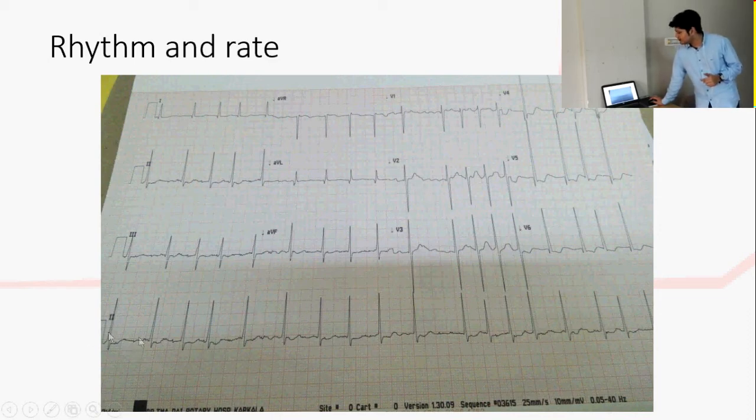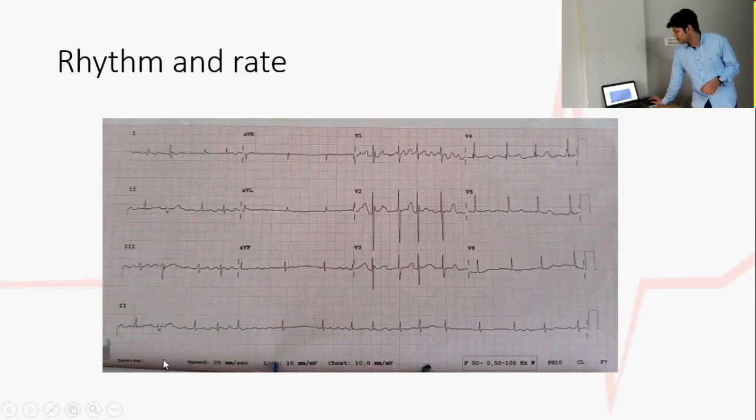So this is the ECG with irregular rhythm, and we know with irregular rhythm, if P waves are absent in lead 2 and lead V1, that's atrial fibrillation with a fast ventricular rate. Fast ventricular rate is defined by a rate more than 100 beats per minute. Okay, so if we identify the rhythm first, it's an irregular rhythm, irregularly irregular with absent P wave, your diagnosis is atrial fibrillation. Now you know how to calculate rate, so you can decide whether the atrial fibrillation is with fast ventricular rate or controlled ventricular rate. So this was one example with irregular rhythm with the rate of 108, that's a fast ventricular rate.